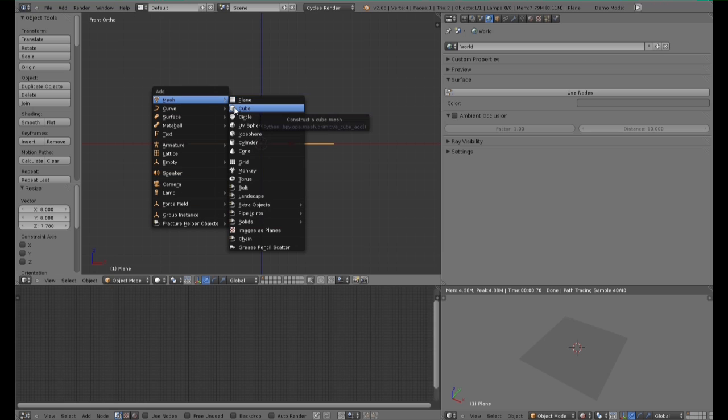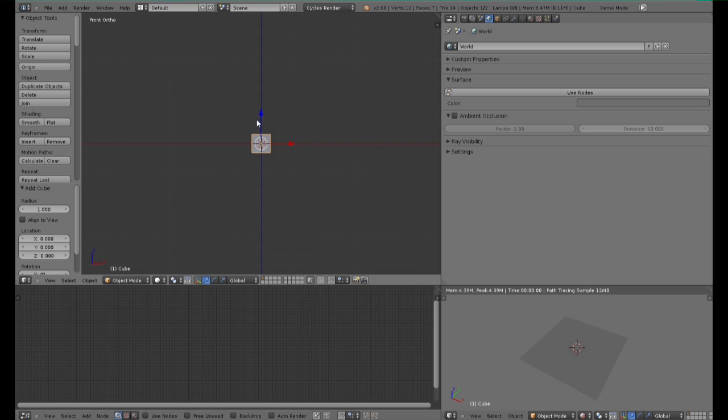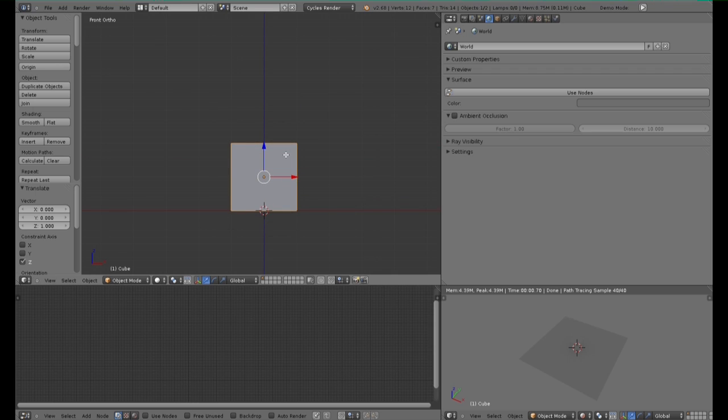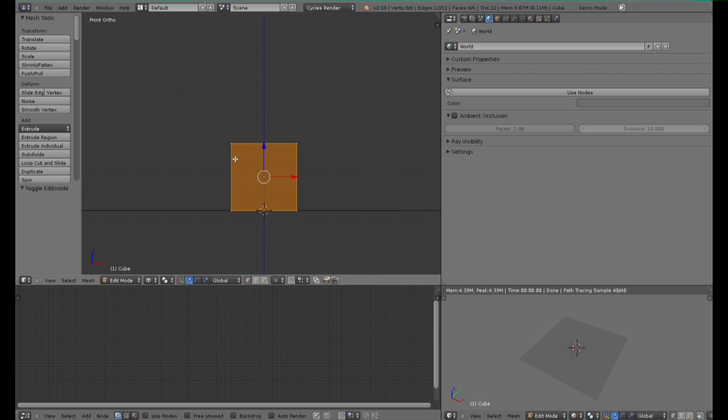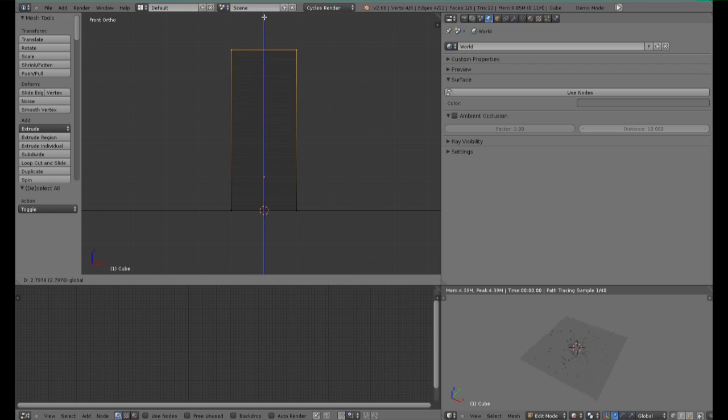We'll add a simple cube mesh. Move it up by 1. Then we'll go into edit mode. Press Z to get a see-through view. Press C to get that nice little circle thing, and then right click to make it go away. We will select these two, or technically these 4 vertices, and then we'll plop them up